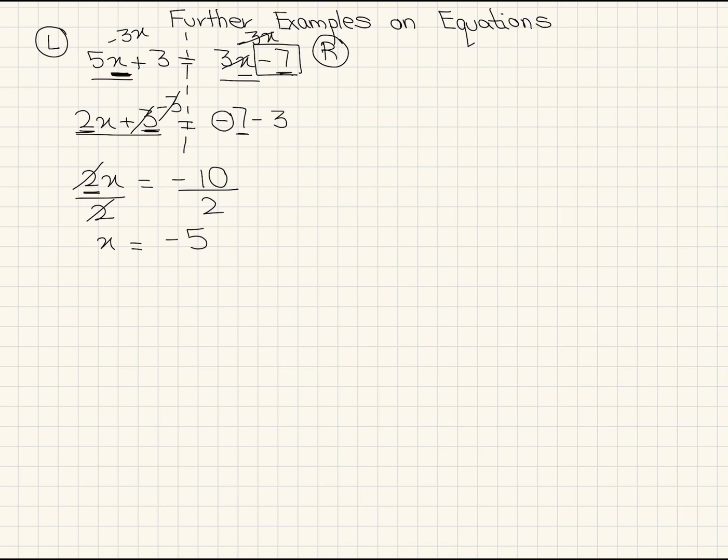Now let's view it in a different way. The same question in a different light. So we have the same question, which is 5x plus 3 equals 3x minus 7. And what we were doing was that we wanted to put all of the variables on the same side. And for me to do that, I had to subtract my 3x from this side. But if you notice,